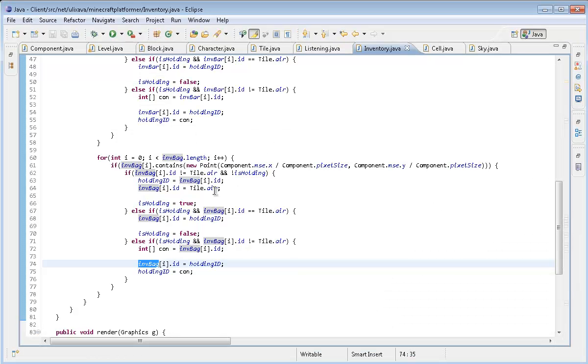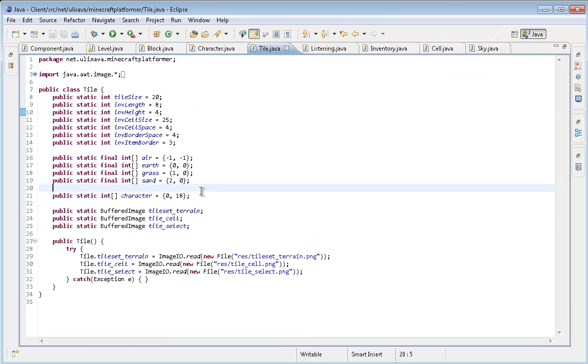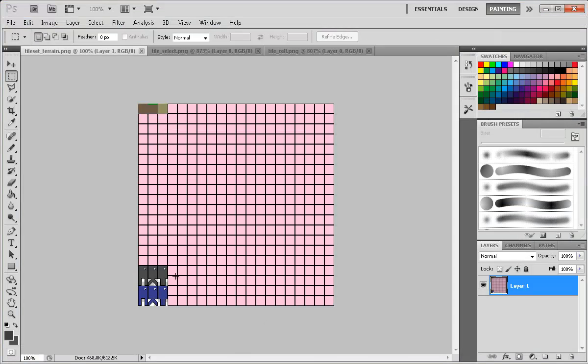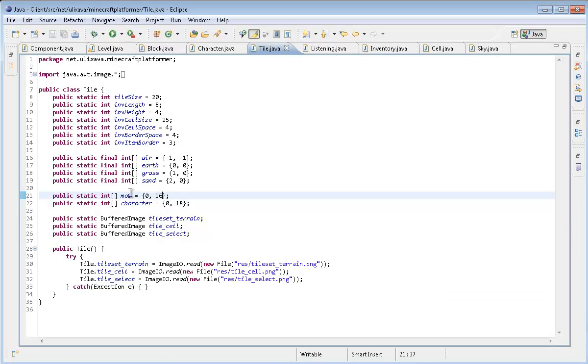There we go. I was just trying to find my project. So now once we've got that, in my tile here, I can't remember where I saved that. Yeah, public static int mob equals 16. Actually, technically 16. Yeah, 16. So we've got a mob now. Let's actually name this mob, and then